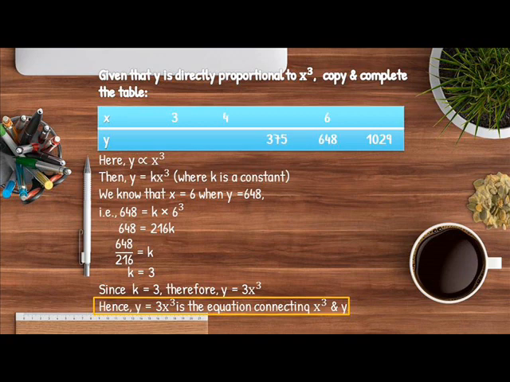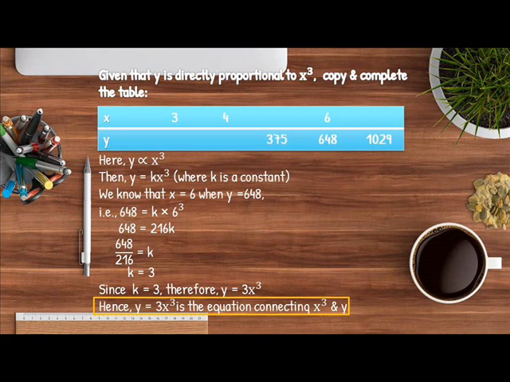We will simply use the known values to form our equation, as we know that y is directly proportional to x cube, which can also be expressed as y equals k x cube, where k is the constant of proportionality. Well, we have discussed all these ideas in our first video. If you want to know about constant of proportionality or the basic concepts, you can check out the link given in the description box below.